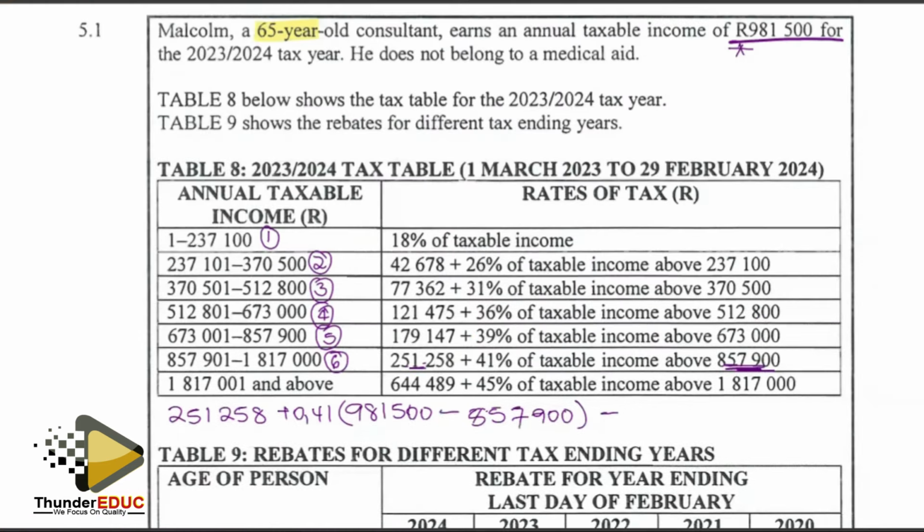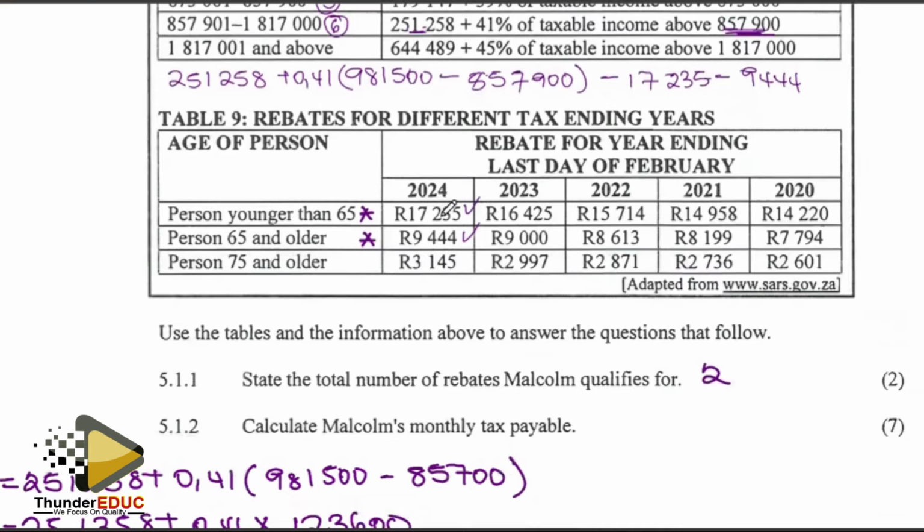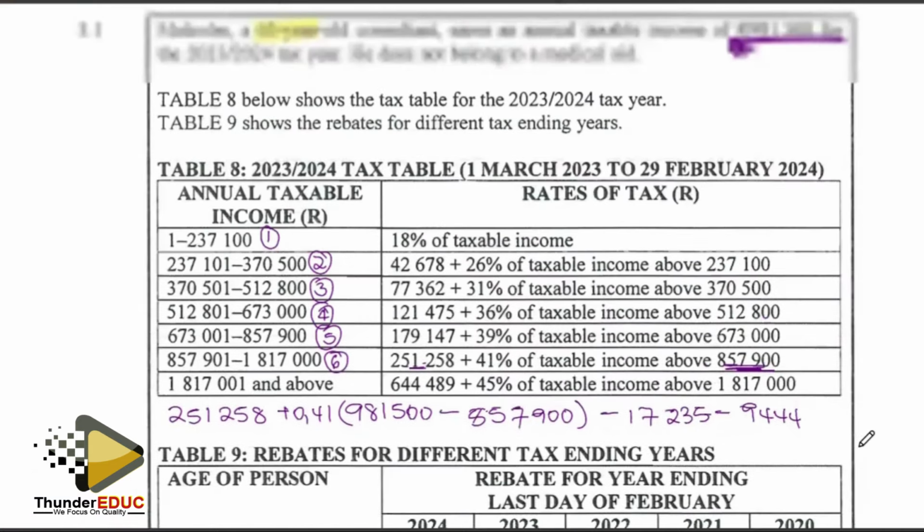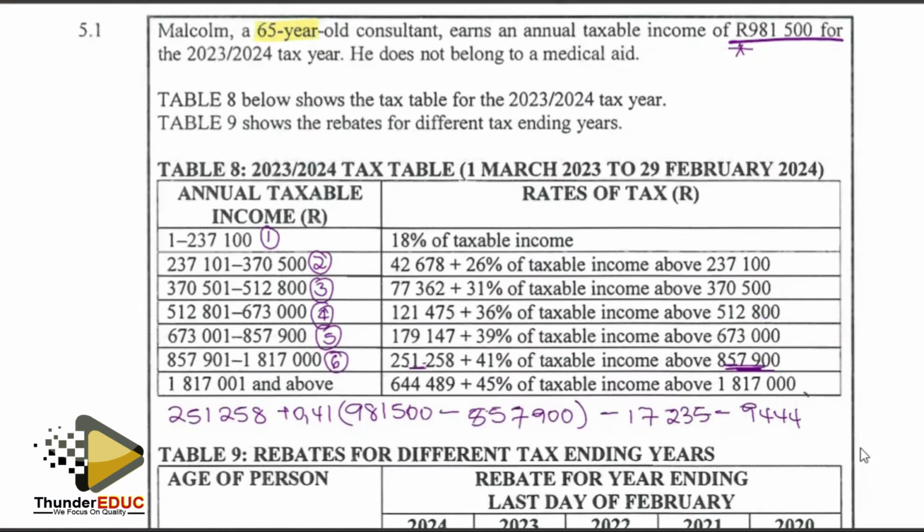So we shall come here and subtract them, which is 17,000 minus 4,444. So after the answer you get, divided by